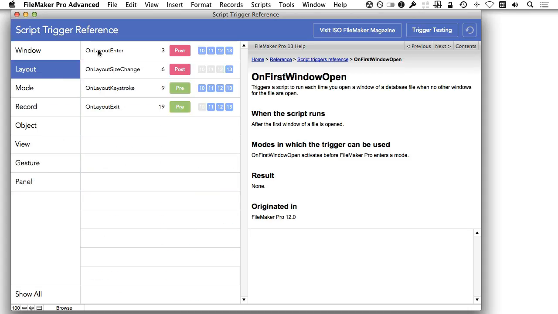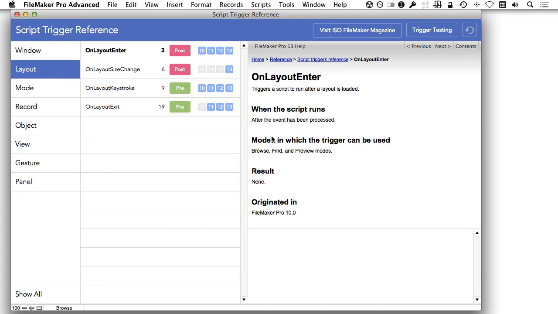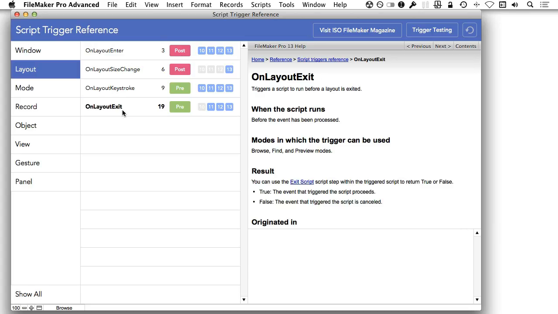and the on layout enter, which, as I select and it loads FileMaker's help, we can see originated in FileMaker 10, and the event happens post whatever the trigger is going to run. So the trigger is going to run a layout enter, meaning the layout is going to be entered first, then the script is going to run post or after that actual event. So the script runs after we actually entered the layout. This is as opposed to the layout exit, for example. That is going to run